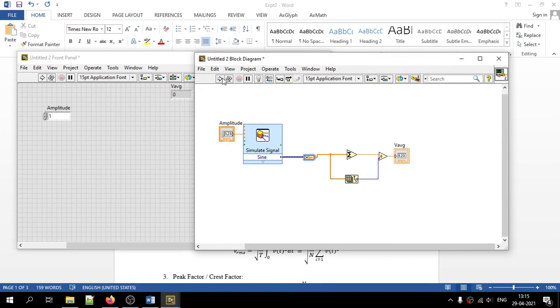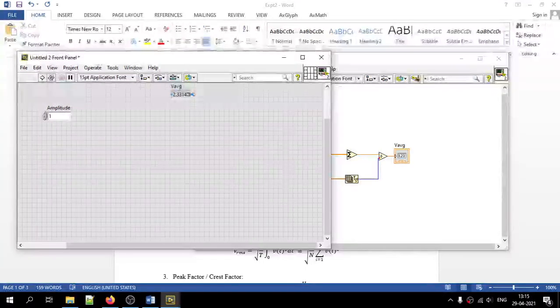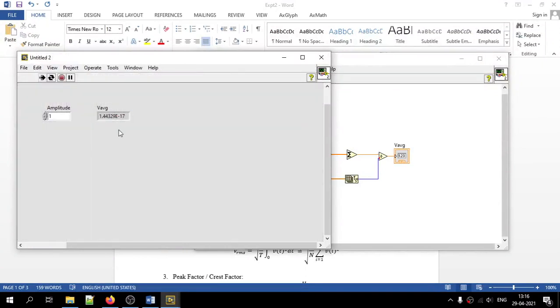Let us run the program. For a sinusoidal signal with input amplitude 1, you can see that the output average is displayed as almost 0, that is 1.44 times 10 to the power minus 17, which is not the case. Usually for sinusoidal signals we consider only one half cycle to calculate the average.